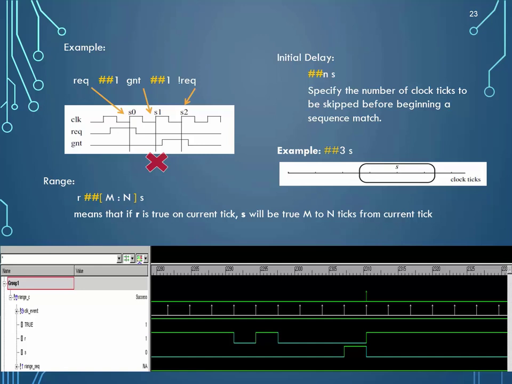We can also play with ranges. We can look for a certain clock events for a certain Boolean expression to be true, and that's what we show here. This Boolean expression and a certain amount of clock events, we are looking for this other one to be true. And here it comes from 3 to 5. M will be 3 and N will be 5. So here is the R. R occurs here, and 1, 2, 3, 4, and 5. Because 4 is in the range that we are looking for, we have here the sequence to be asserted,